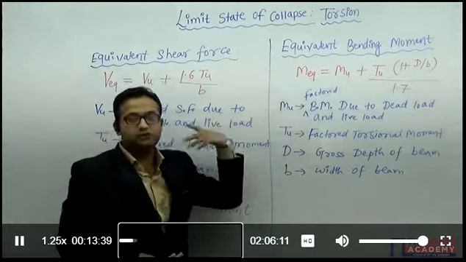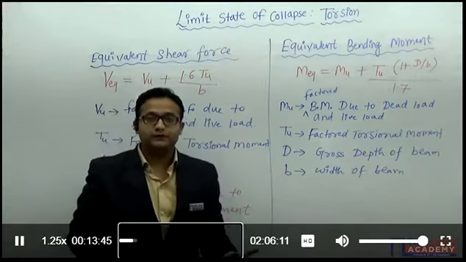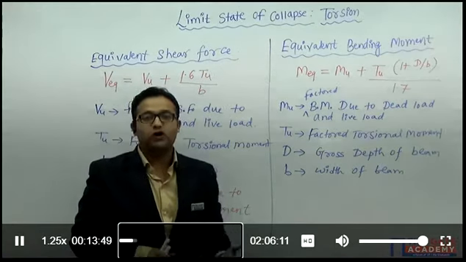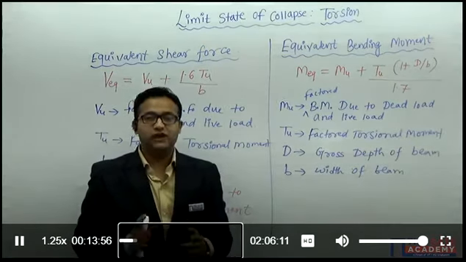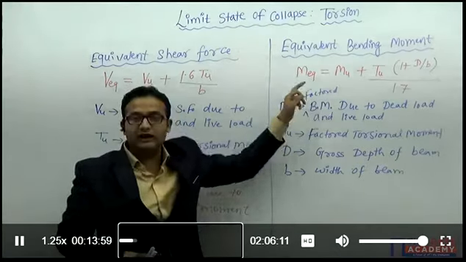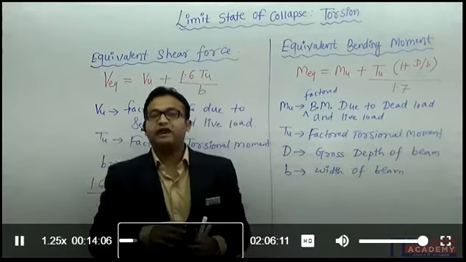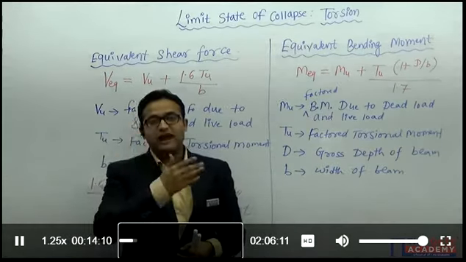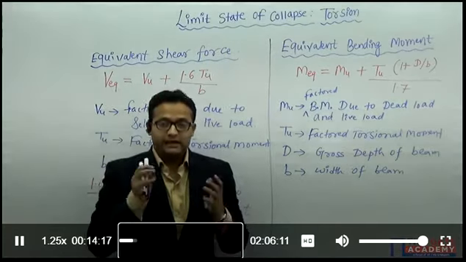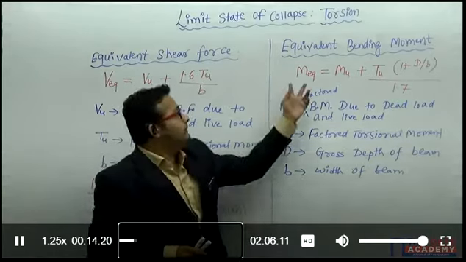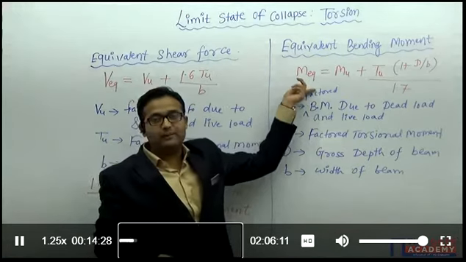So all these values are used in the further calculations. All the formula of limit state of collapse in flexure and all the formula of limit state of collapse in shear can be used only by replacing the value of MU by MU equivalent and VU by VU equivalent. For example, I want to calculate area of reinforcement. I know my formula, that is 0.5 FCK by FY and something. In that formula, MU generally I use. By replacing the MU by MU equivalent, I will be putting the total bending moment, the equivalent bending moment, and